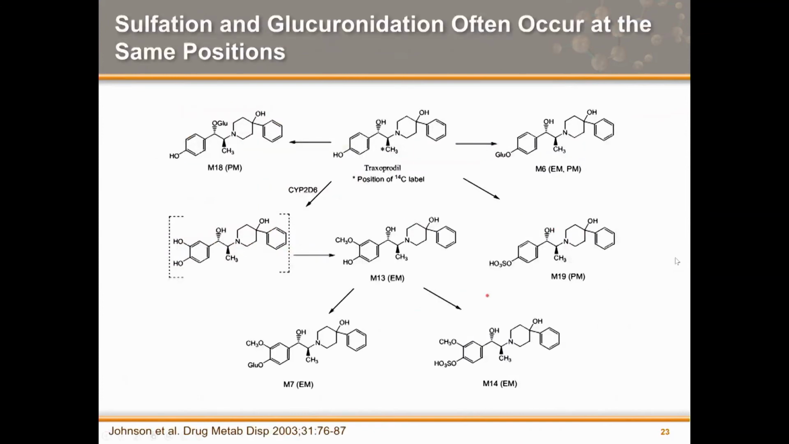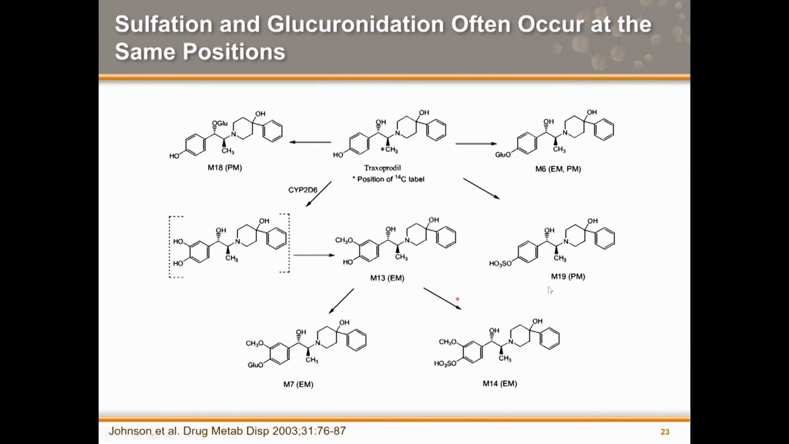As I mentioned, sulfation and glucuronidation often occur at the same positions. This is illustrated here for this NMDA receptor antagonist. You can see that if you look at metabolite 6 and metabolite 19, these are direct conjugation reactions, direct glucuronidation and direct sulfation of the parent drug